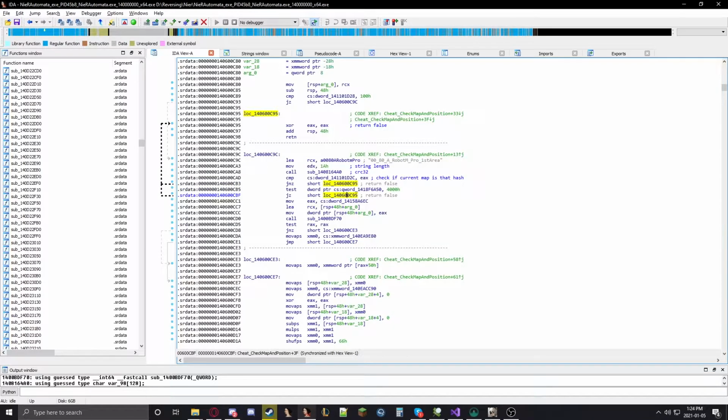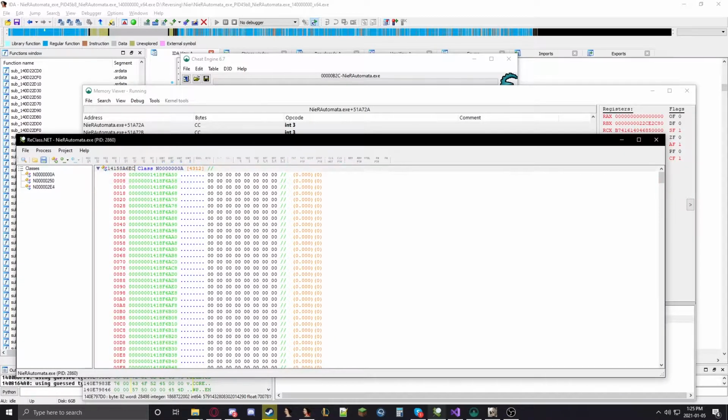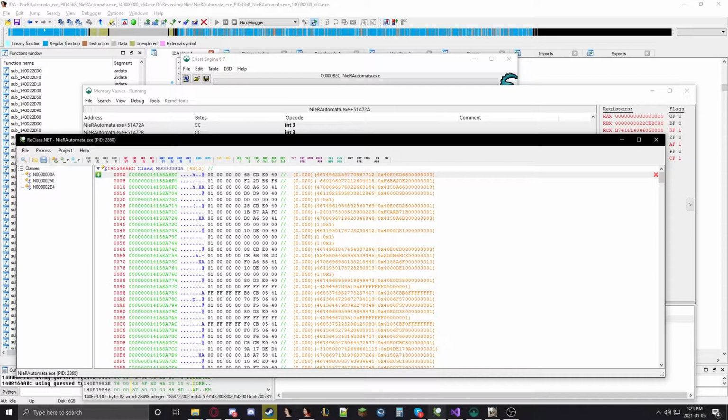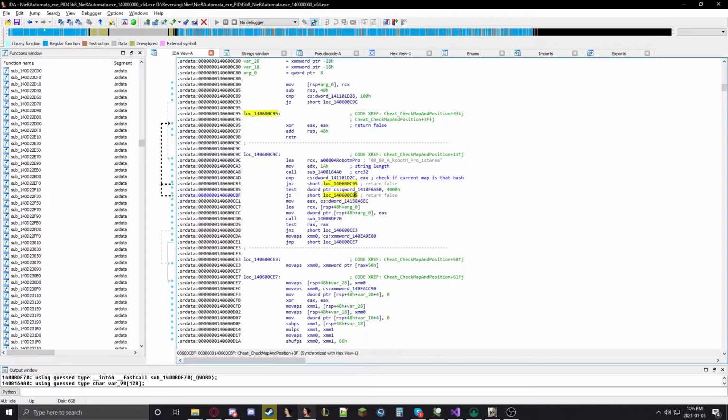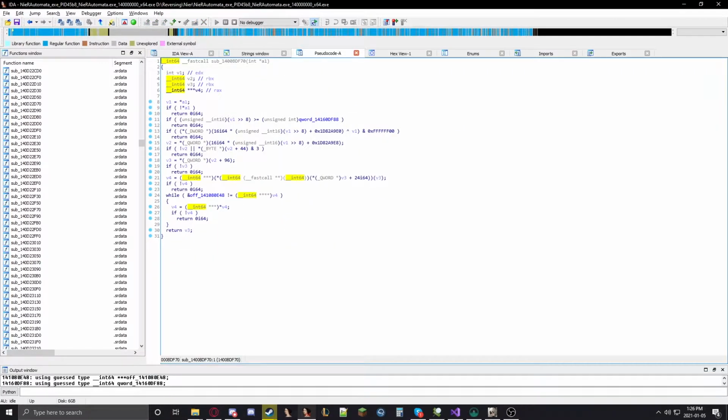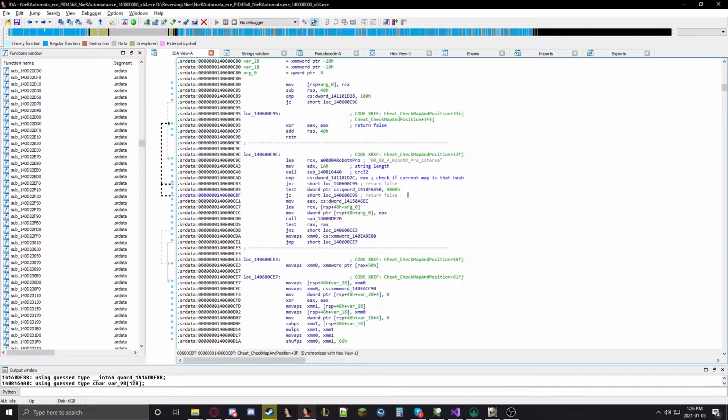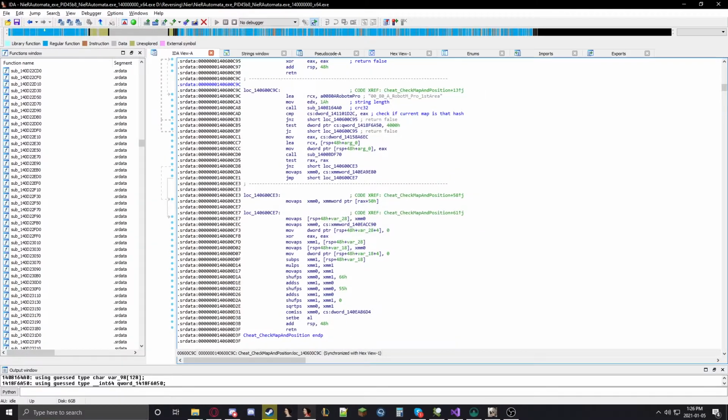So test it and then jump if 0, jumps to the return false statement again, right? So we want to make sure both of these are skipped, and then move EAX, move this into EAX like this. So I'm assuming this is some sort of controller thing here, but we can actually go back and check here. No. Oh yeah, right. So